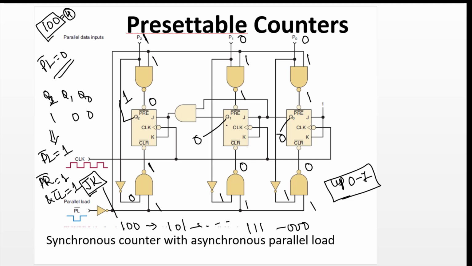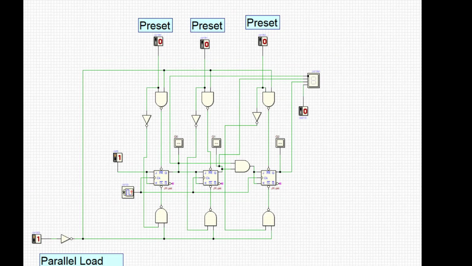Now I'm going to show the same circuit using DEED software, how we are going to load and how we are going to run the desired sequence. So this is the same circuit that I discussed till now. As usual, we have 3 JK flip-flops. Now you have to consider this is Q0, Q1 and Q2, because in the slide it is the other way around, it is on the opposite side. You have Q3 here, Q1, Q2 here and Q0 here, but here it is Q0, Q1 and Q2.